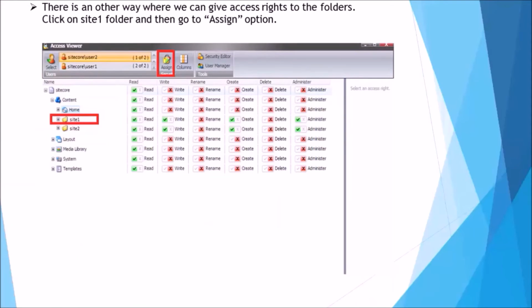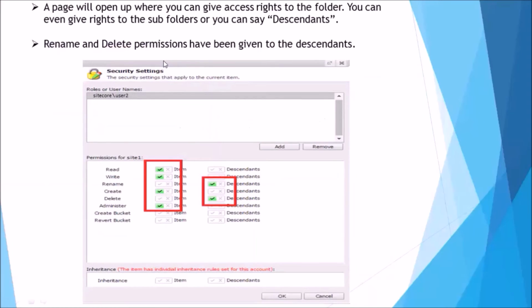There's another way where we can give access rights to folders. You need to click on site 1 and then go to assign. Down here, you can set up permissions: read access being given, write access being given, create and administrator to the main folder, which is site 1. There's also a section called descendants.